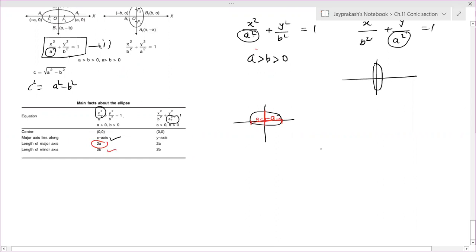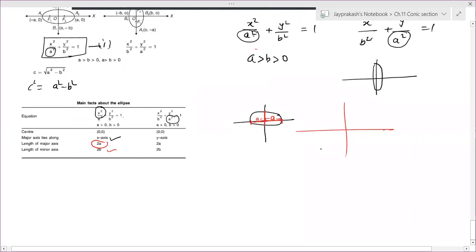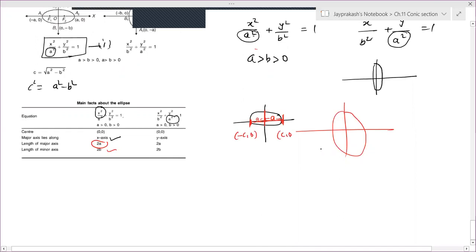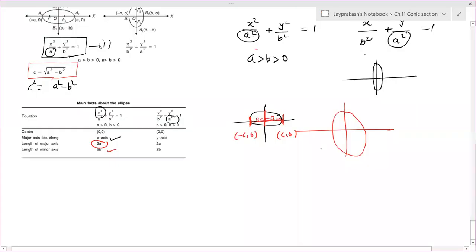Now in the case when it is expanded along the y-axis, it will be the same, but this time the major axis will be the y-axis and the length of the minor axis will be along the x-axis. That is the end point. So it is somewhere minus c comma 0, because it is expanded along the x-axis, so y will be 0. Talk about the one expanded along the y-axis, then this focus becomes 0 comma c, and this endpoint becomes 0 comma minus c. Now let's see the other terms that are associated with the ellipse.